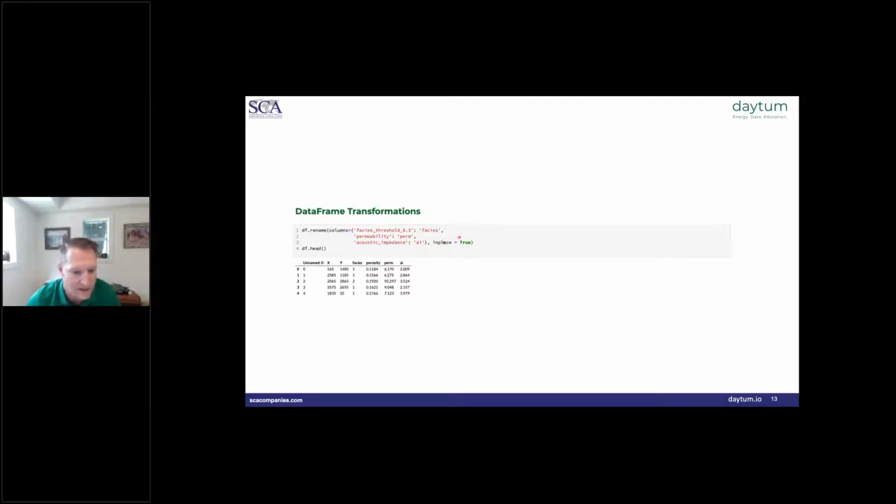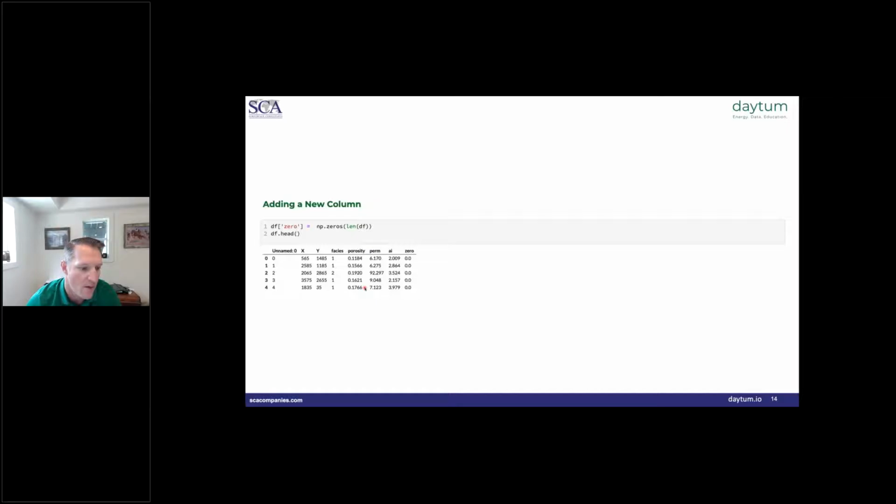And the inplace keyword argument out here on the end simply means to make these changes in place in memory. In other words, do not return a copy of the data frame with the labels replaced, leaving the original data frame unchanged. In this case, we're going to actually change the original data frame. So those old labels are effectively gone from our data frame.